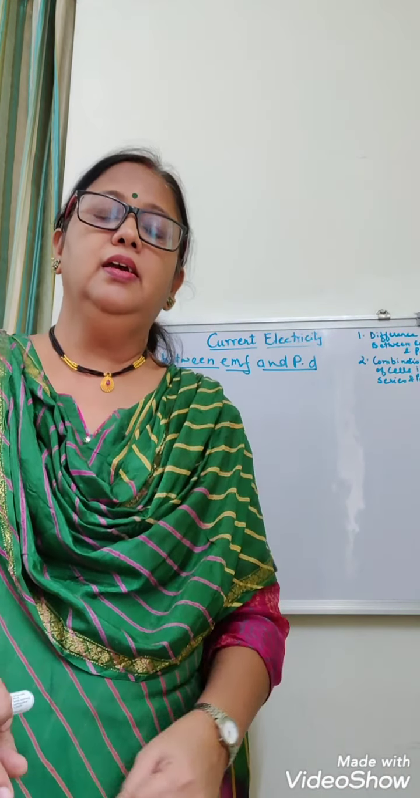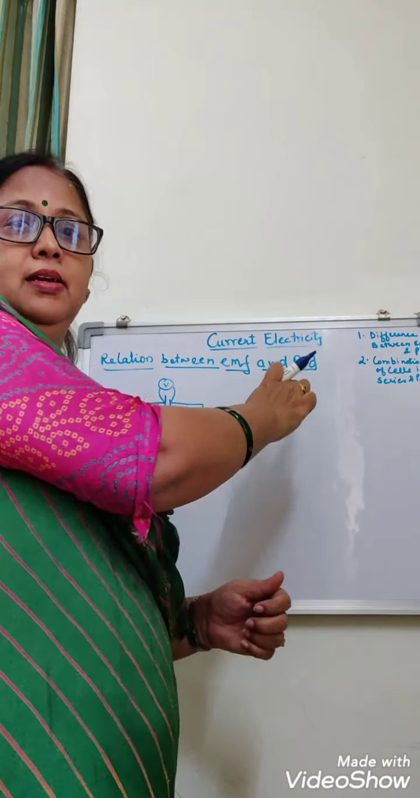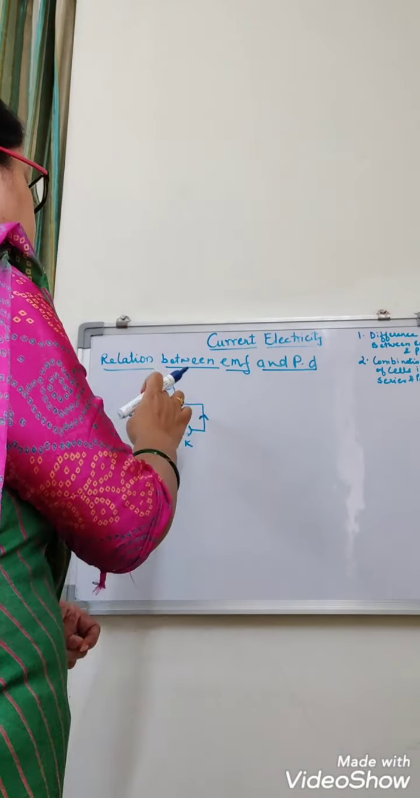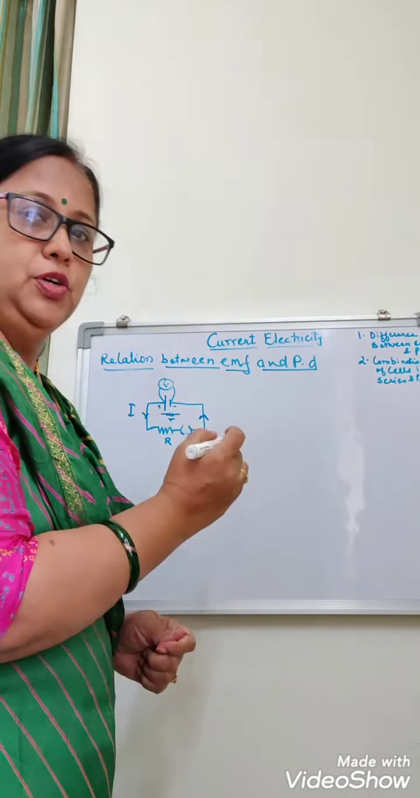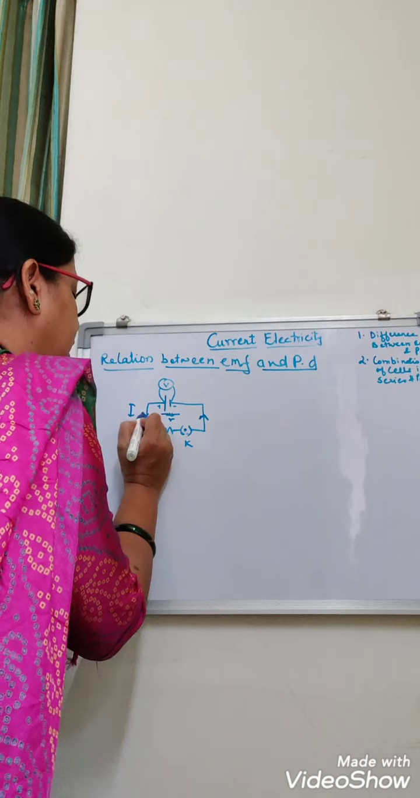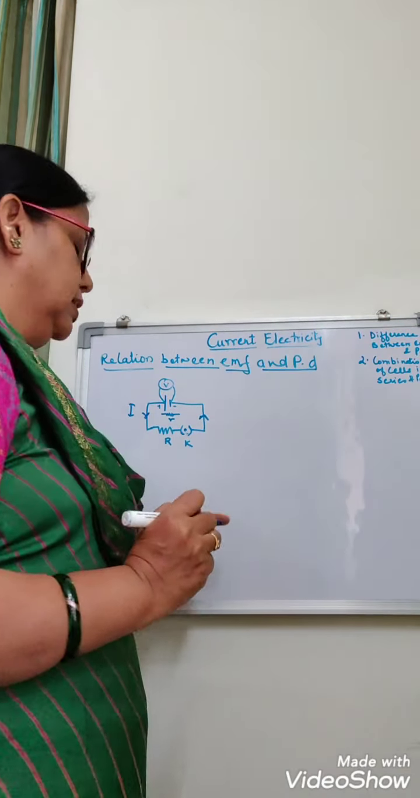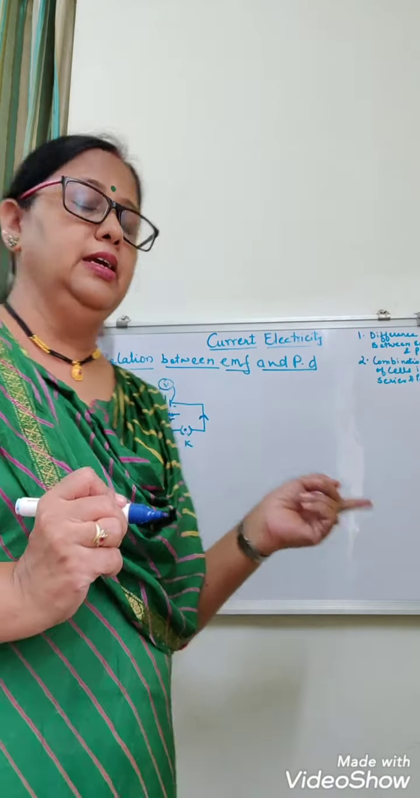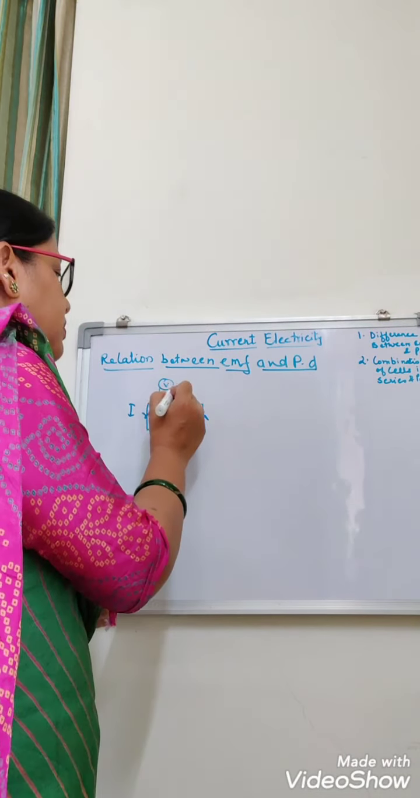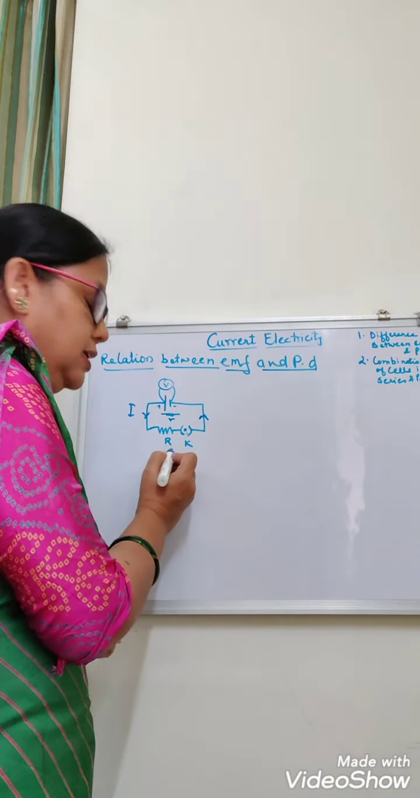Now let us study the relationship between the EMF and PD. EMF, as you know, is the open circuit voltage. Now let me consider that the circuit is on and the current I is flowing in the circuit. When the current I is flowing in the circuit, in that case, whatever is the potential difference across this external